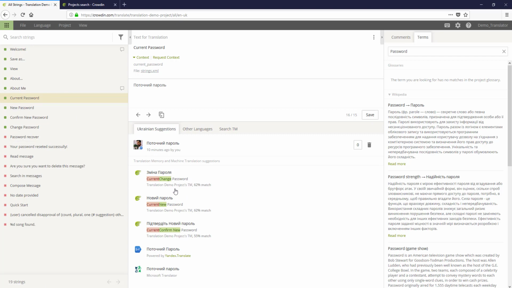You may notice that here is current. This is current password, and we see a TM match suggestion, 62% match, that is change password, not current password. But change password was translated this way, and it's already a suggestion. At least we know how to translate password